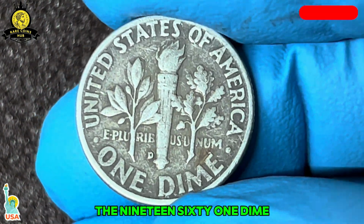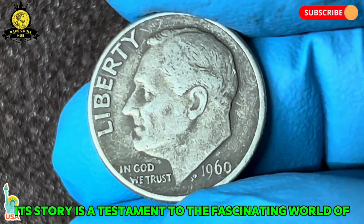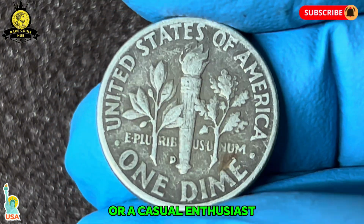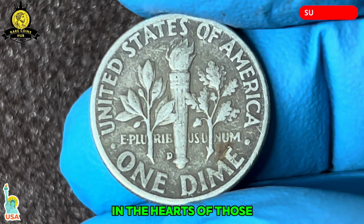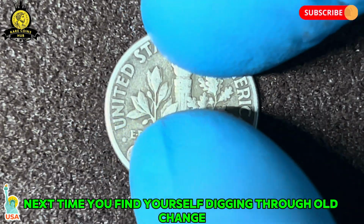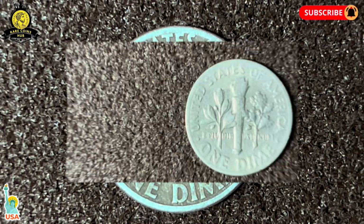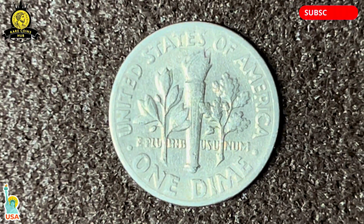The 1960 dime coin's value has grown beyond anyone's wildest expectations, and its story is a testament to the fascinating world of coin collecting. Whether you're an experienced numismatist or a casual enthusiast, the 1960 no mint mark dime will always hold a special place in the hearts of those who appreciate the wonders of history and the beauty of rare coins. So, next time you find yourself digging through old change, remember, there might just be a hidden gem waiting for you, one that could change